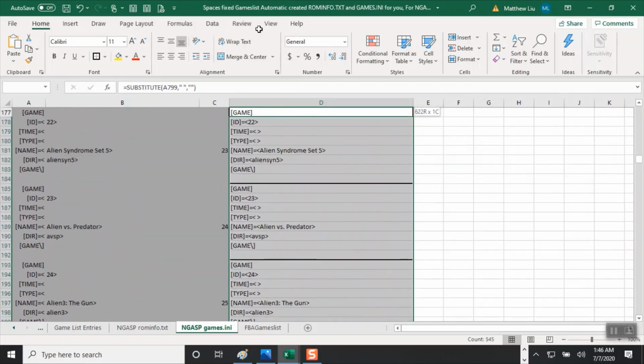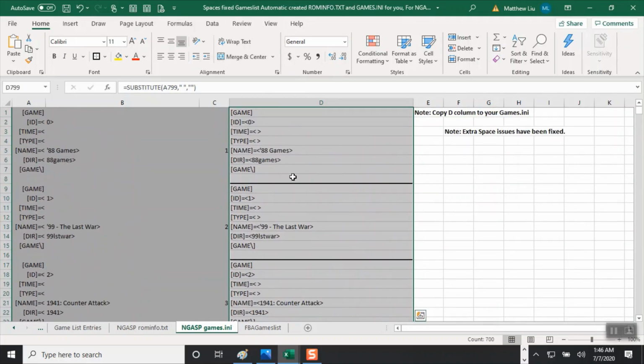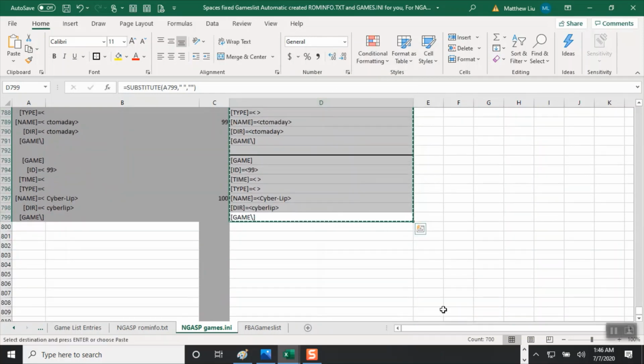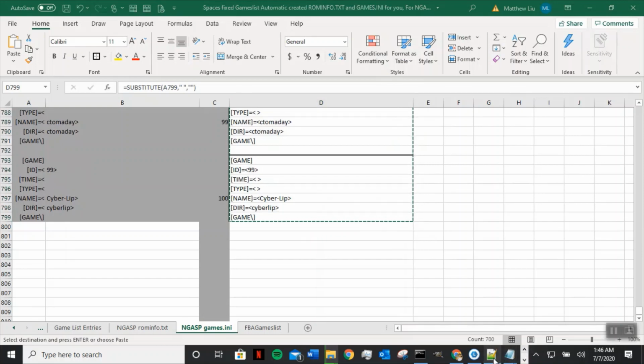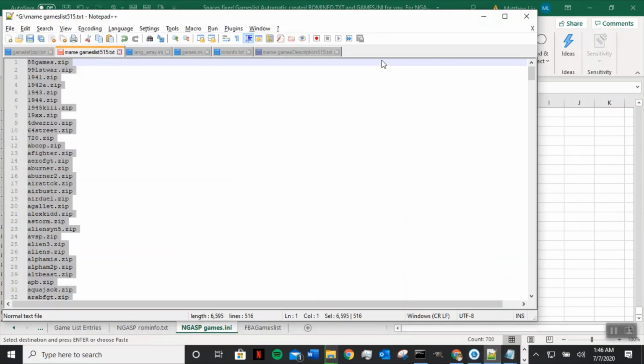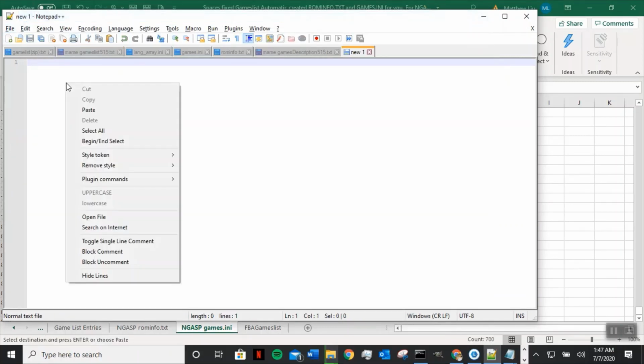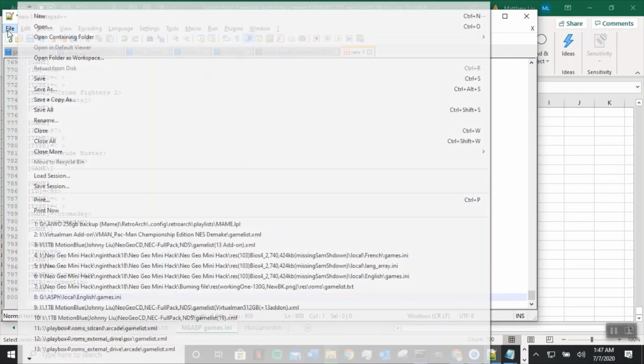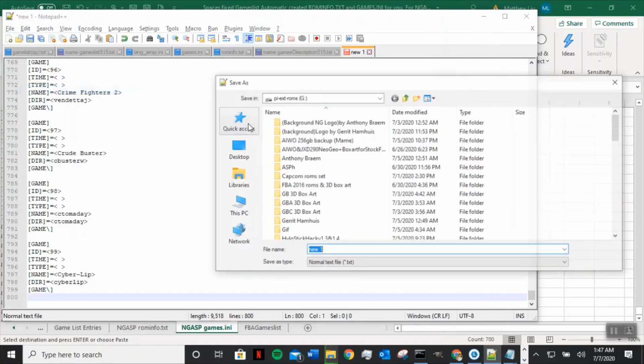Go all the way up. So we're just gonna copy this and go to Notepad++, and we're going to do File, New, and we're just going to paste it here. So this one we're going to call it, File, Save As,